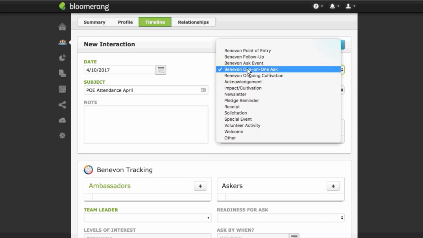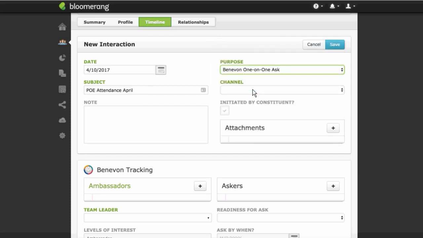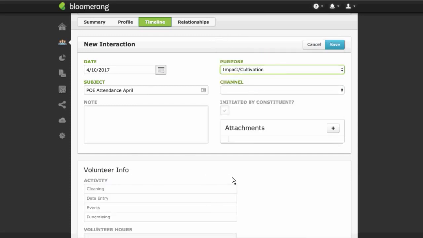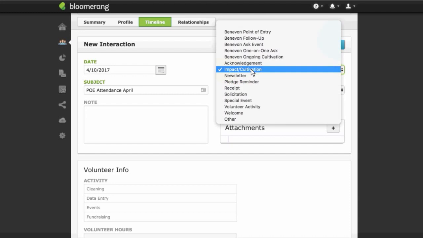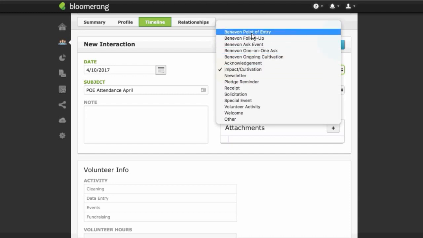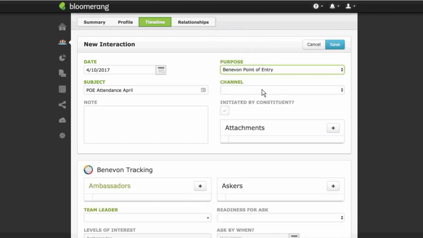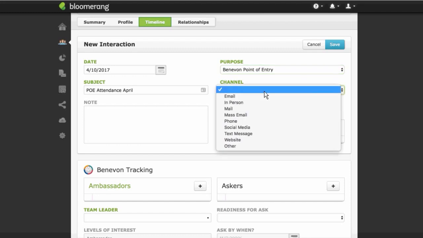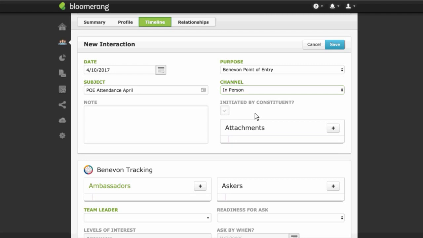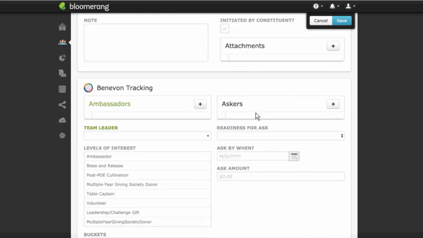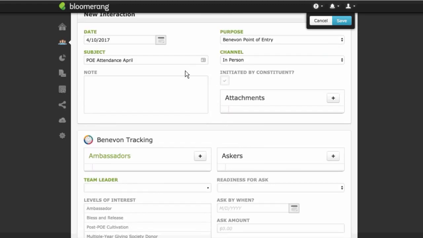Whenever I change the purpose to a non-Benevon purpose, it removes those for me. So I'm going to go ahead and select Benevon point of entry, and I'm going to select that this, of course, was an in-person interaction because they attended the point of entry. And since this is just the entry for the attendance of the point of entry, I don't have a lot